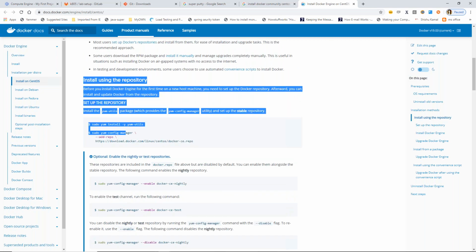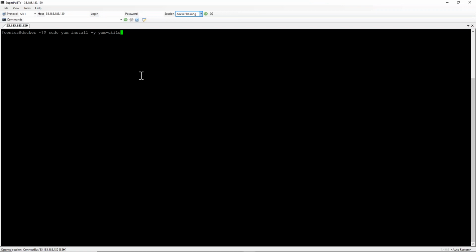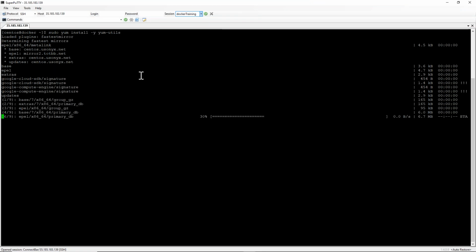Yeah, this one only. So all of you may be aware of the yum command. So yum will install the packages in CentOS and RHEL versions. So we are following these instructions to install Docker. First you need to install yum-utils with sudo. Sudo is like getting super user access. Otherwise you cannot install the software.